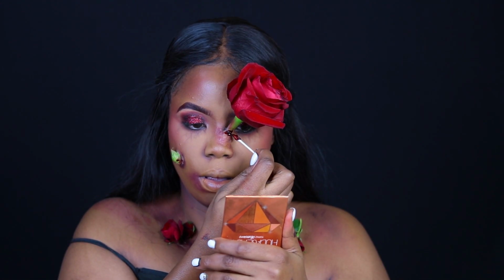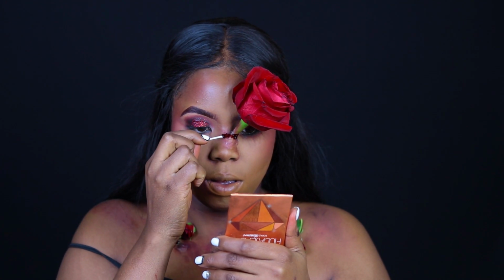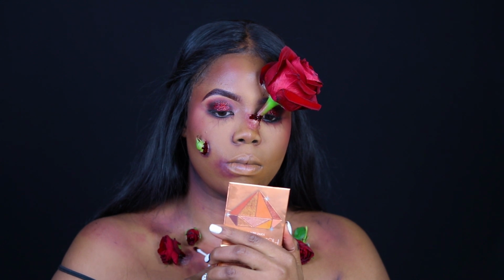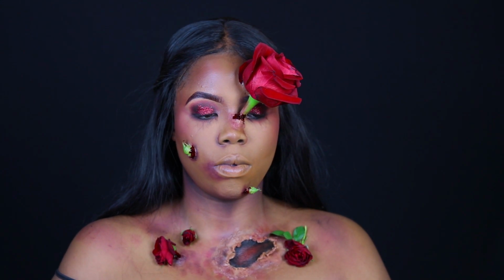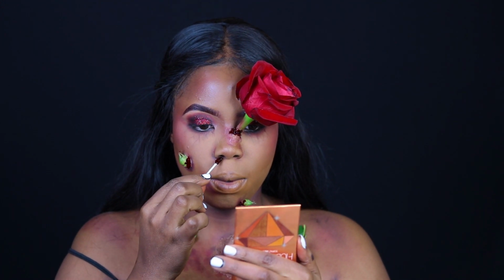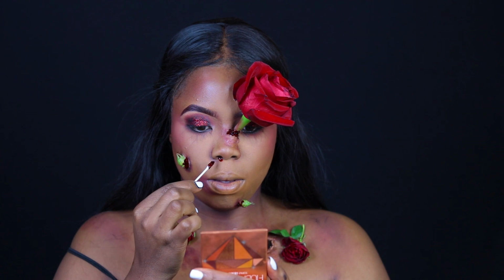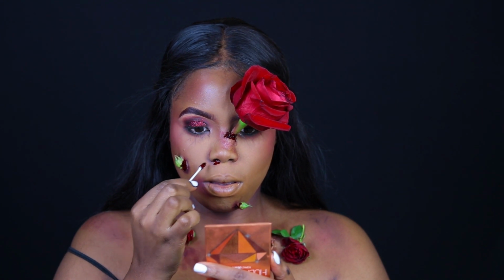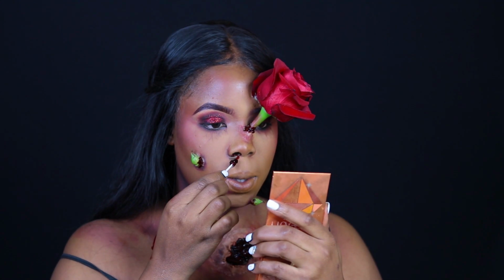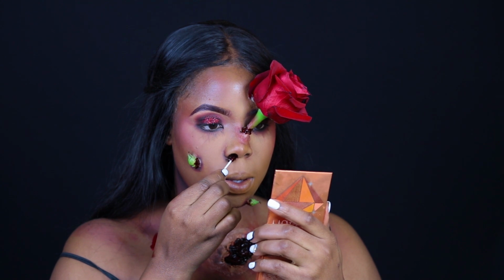So I'm going to just use a cotton bud or a Q-tip to just fill in those wound areas: the roses on my chest, the wound on my chest, my nose where the flower pierces my nose, where the flower is coming out, just places that will realistically have blood if I were to be injured. So that gel blood is kind of mimicking coagulated blood. Yeah, I made that myself. So I use that there, and